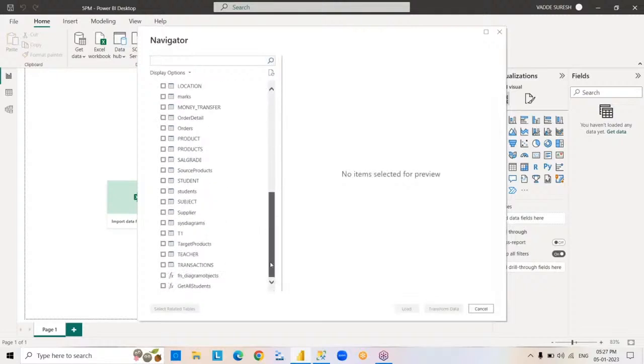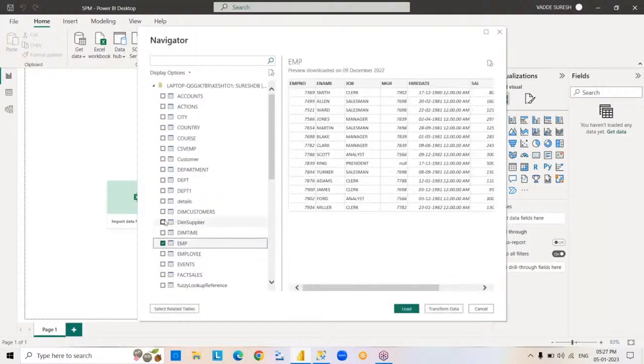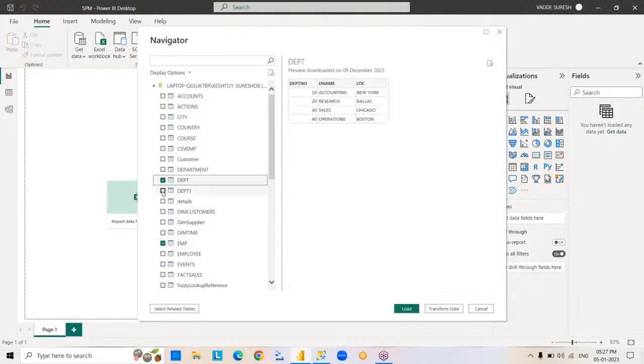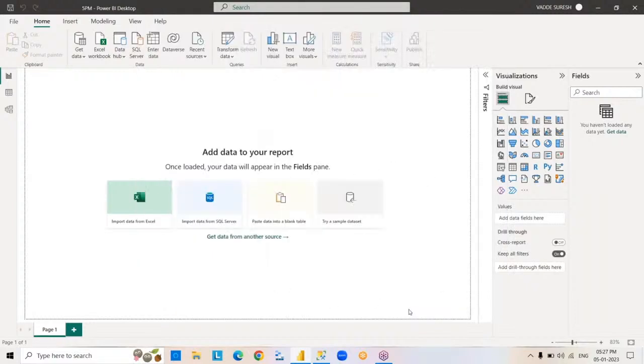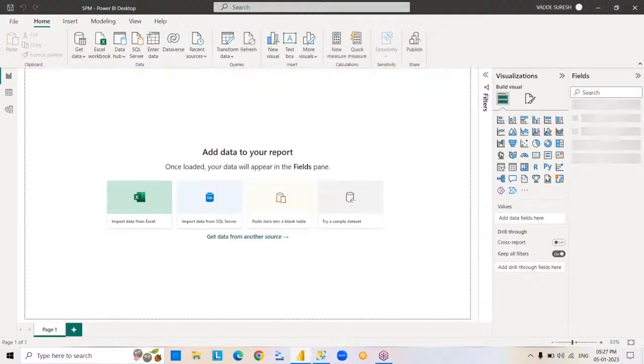So these are the tables existing in the source. Suppose I'm going to copy the EMP table and the department table, and load. How are we copying? We are copying now using import. What is the other way to copy data? Direct query. Right, and